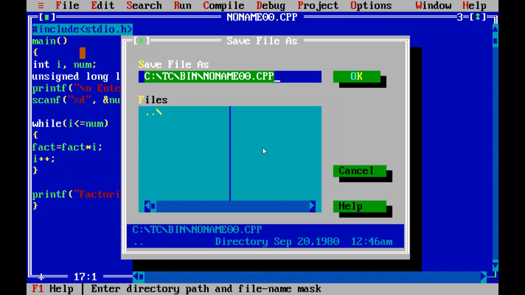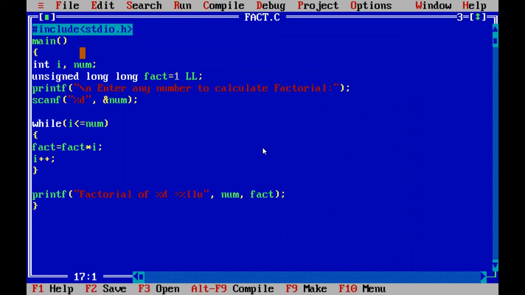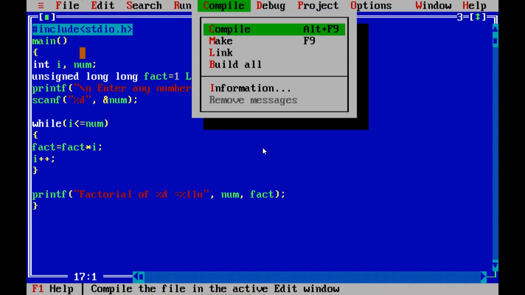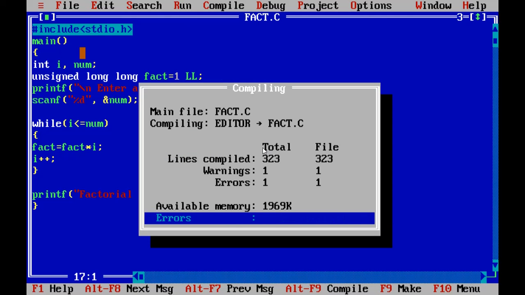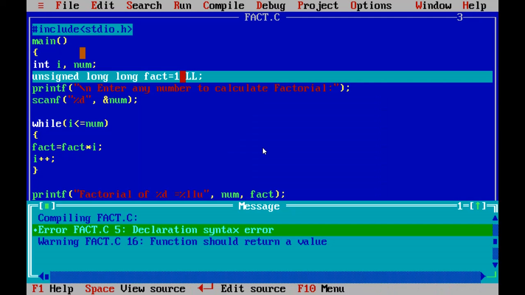Save, we'll save it as fact.c, enter. Alt C, compile the program. One error is there: declaration syntax error, ll.